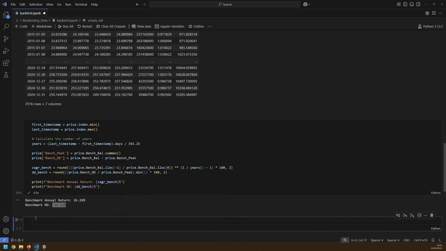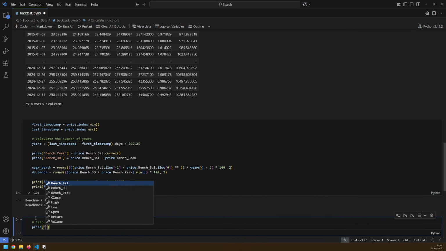So I create another code block, and this is where I calculate indicators. There's only one indicator for now because I want to keep the strategy simple, and this is going to be the MA. So I want to calculate my moving average. Well, the moving average is just an average of the previous X number of close prices. I can say